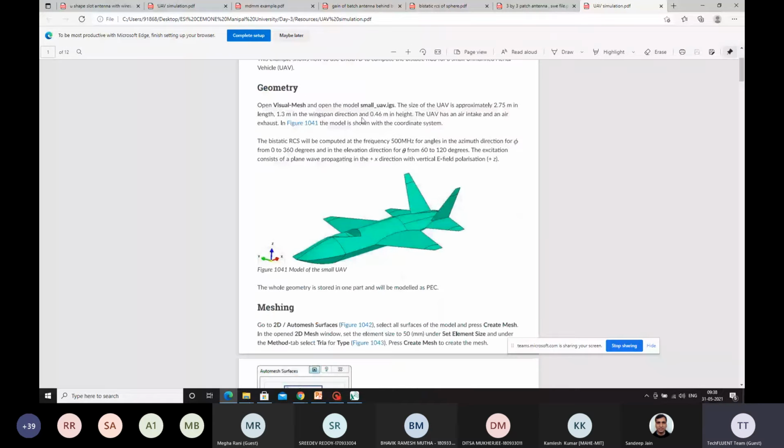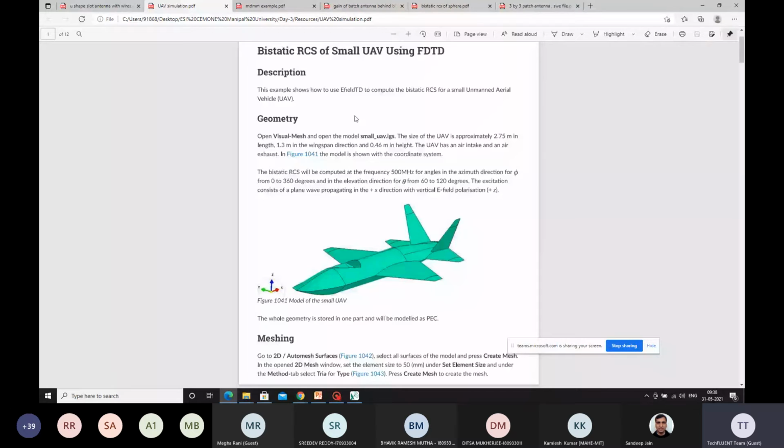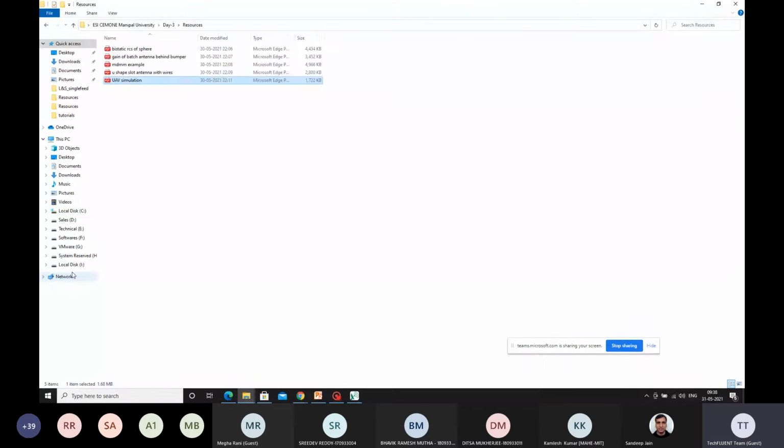Let us give it a try, how we have to go about a UAV simulation in time domain solvers. Okay, let us think about how to go about. Okay, so let me take out the design file first.